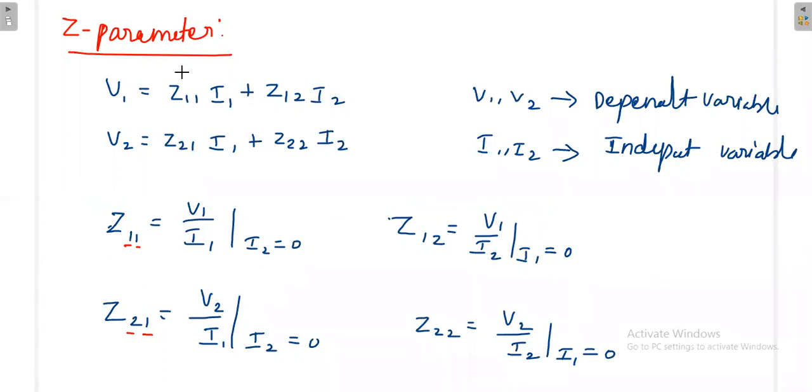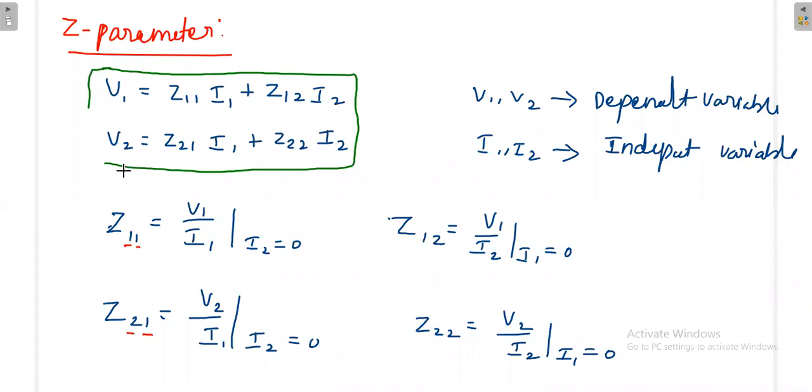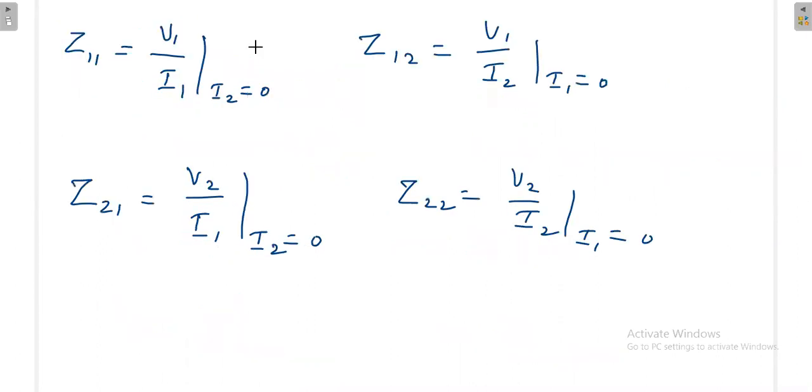Okay, and one more important thing, you have to remember this equation very precisely. Ultimately for all the parameters, you have to remember this equation exactly as it is given in the format. Once you forget this, then you cannot solve the problem. So whenever you come to the two-port network, you have to remember the standard format of the equations. Okay, so this is the Z parameter. Then once I know the Z parameter, see,